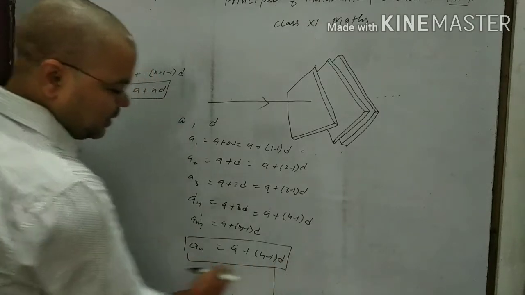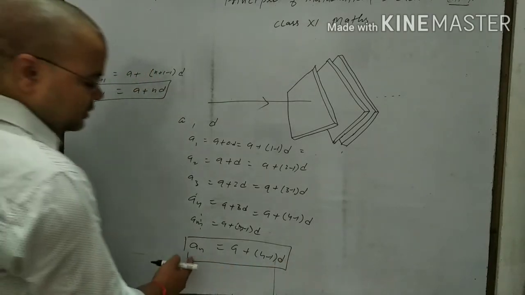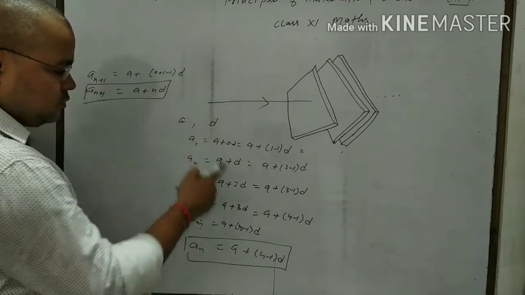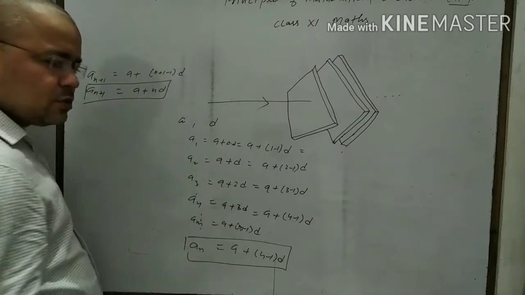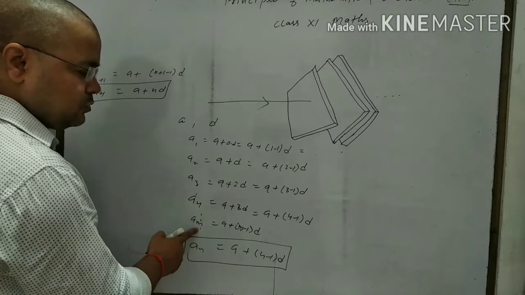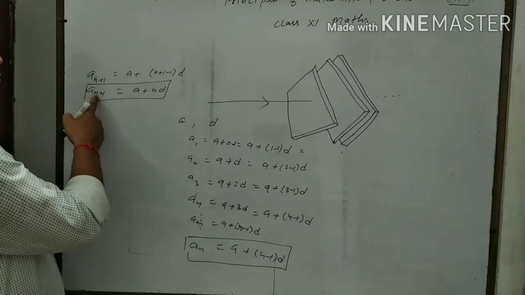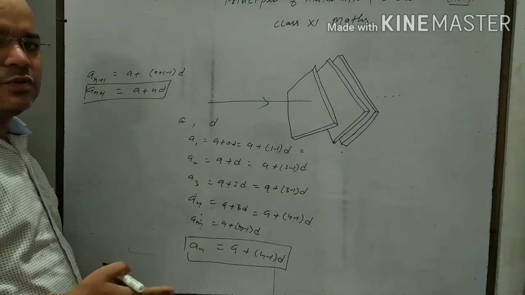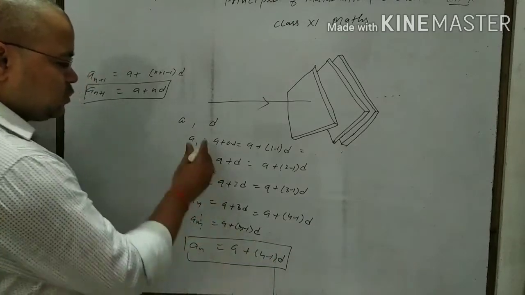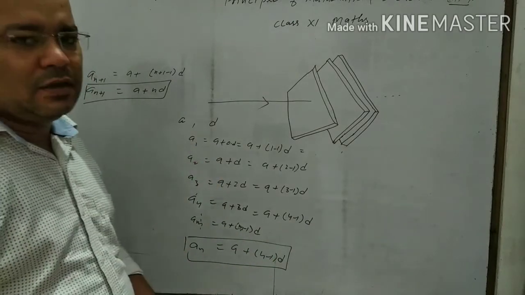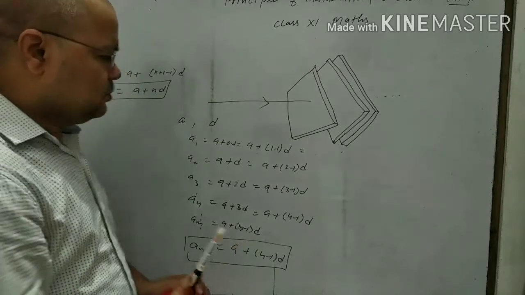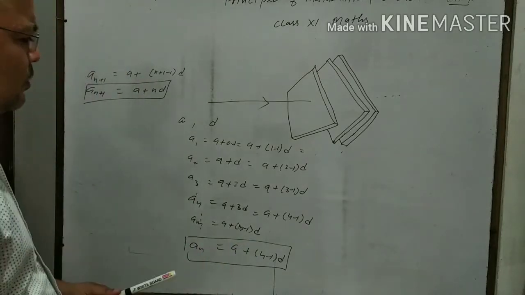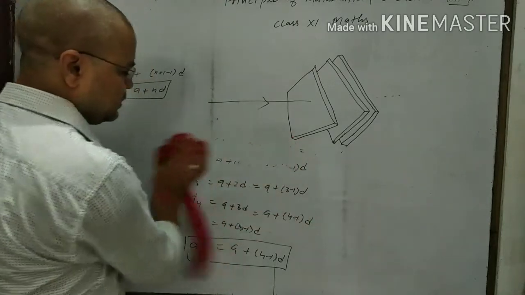Now this is the mathematical induction. This is true for 1, and true for 2, 3, 4 also. This is true for m also, and it is true for m plus 1 also. Hence this general rule is true for each and every condition. Now we can also say this.